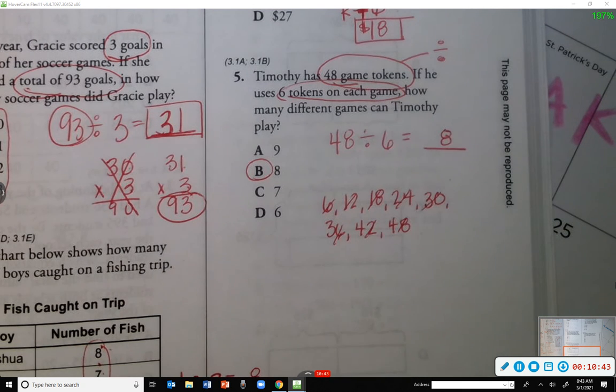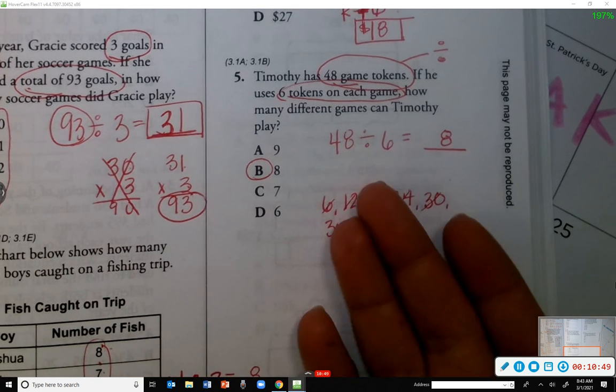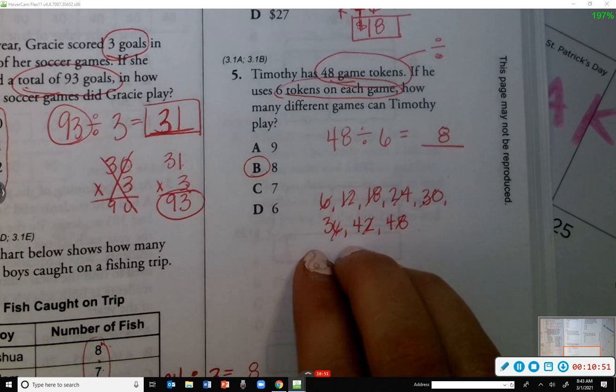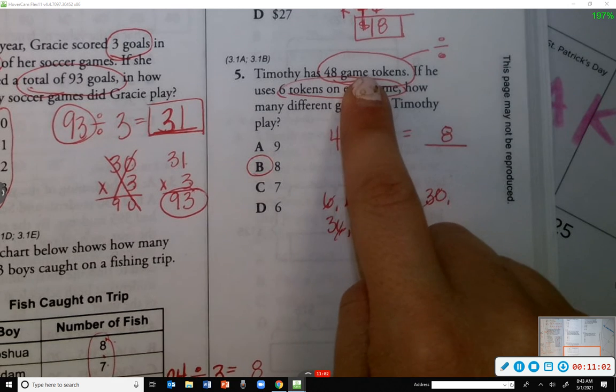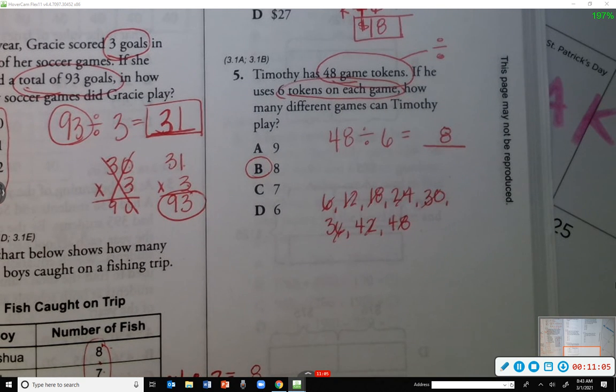Okay. At this point, if you're stuck, I can't just let you have a blank answer. You have got to show something. Because every word problem, there is something you can start drawing, right? So no matter what, if you say, I'm stuck, I'm confused, at least start with the first sentence and start drawing whatever it's talking about. Because sometimes just by going through that first step, by drawing it out, it starts to click in your brain. Oh, I know what I need to do. There's all these tokens here. I need to start circling groups. Okay? So we put a big